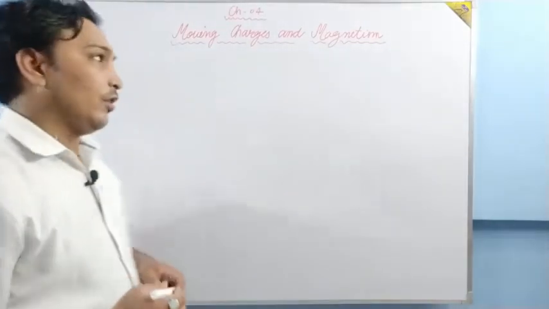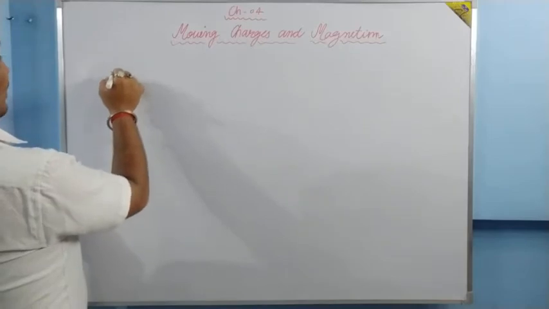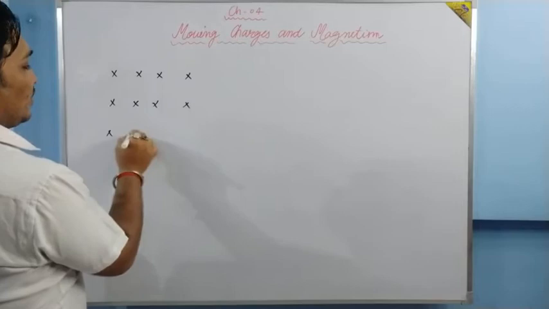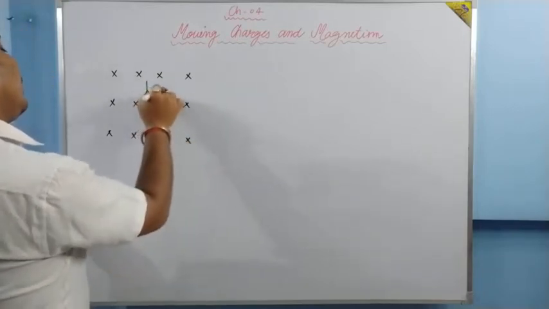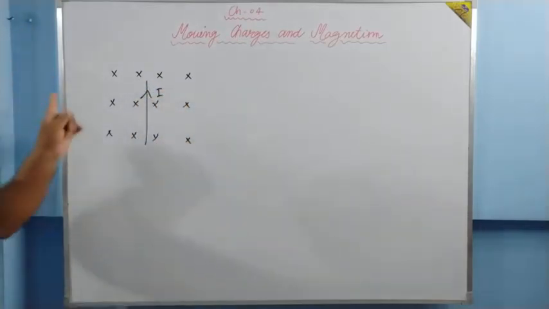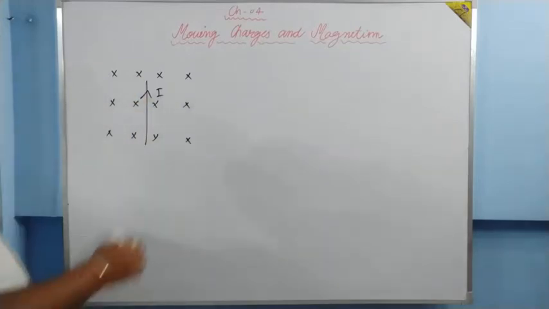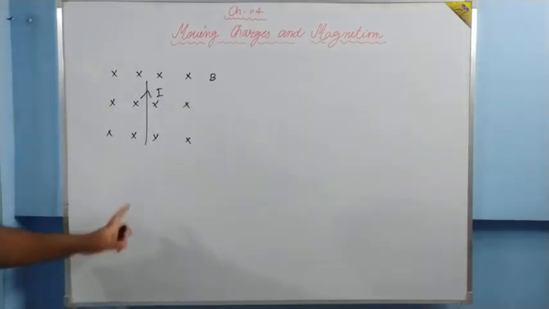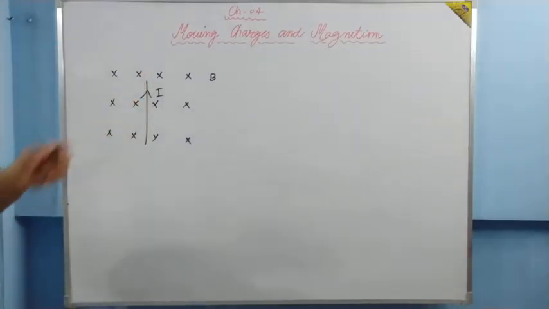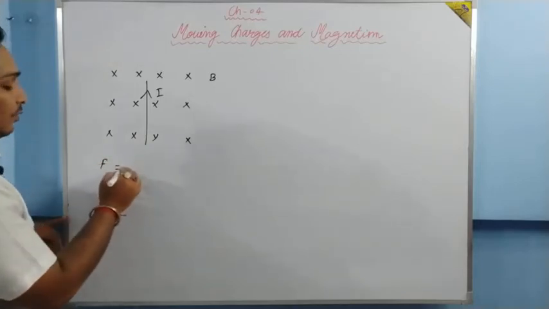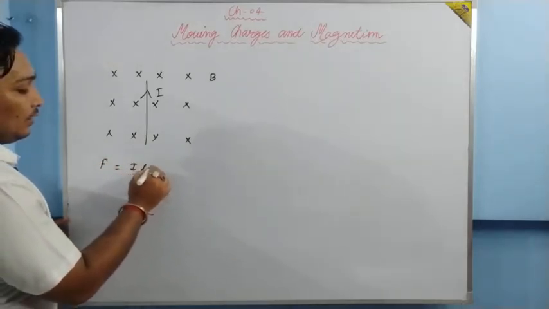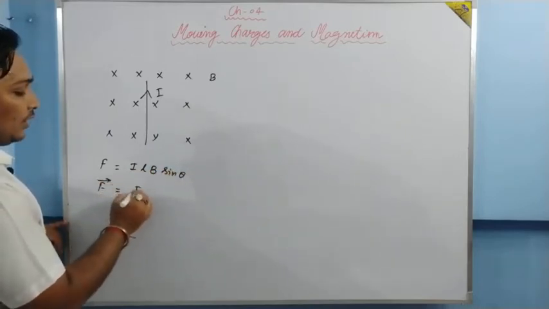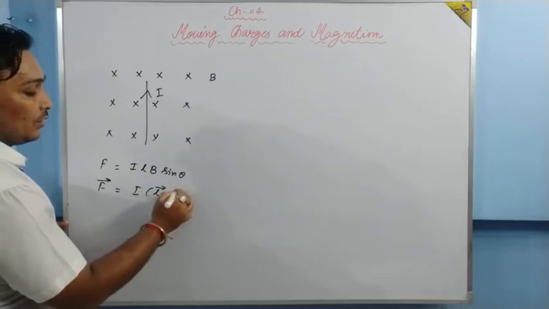Okay, let me give you a quick revision of what we have studied. I have told you if there is a magnetic field, and a current carrying wire is kept in that magnetic field. Magnetic field is represented by a cross. It simply means the direction of the magnetic field is perpendicular inward, right? A current carrying wire is kept like this. So it will experience a force whose magnitude is given by F is equal to I L B sin theta, or in vector form it will be F equals I L vector cross B vector.